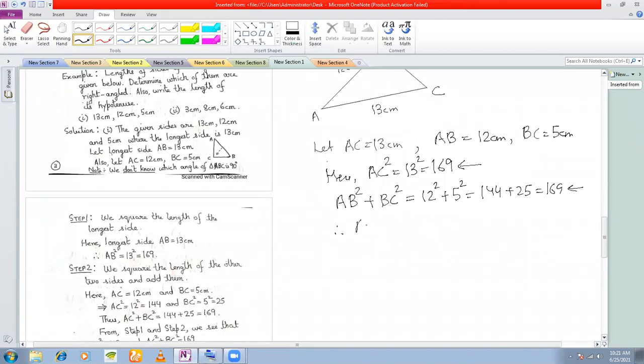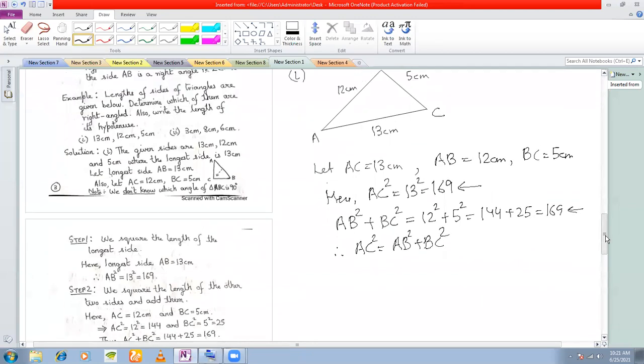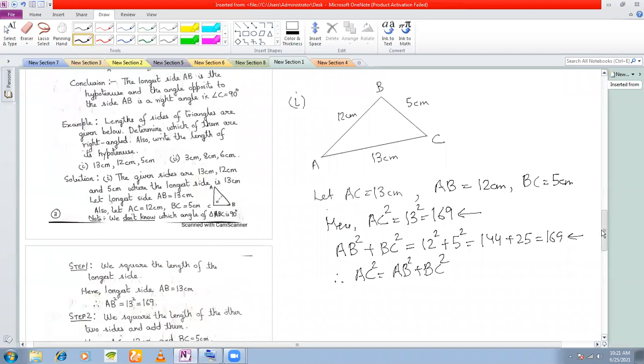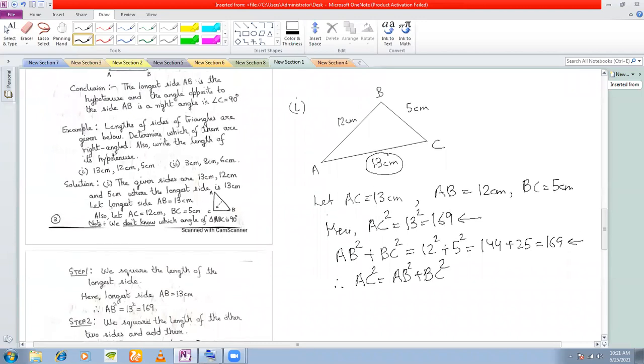So therefore, we have got AC square is equal to AB square plus BC square. That means there is a right angle somewhere, with one side as the hypotenuse. So which side is the hypotenuse? The greatest side is the hypotenuse. Therefore, from the converse of Pythagoras theorem,